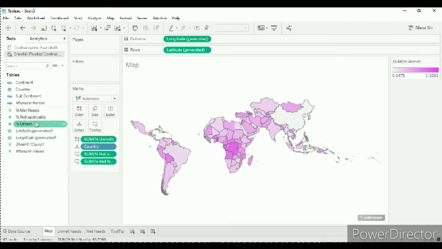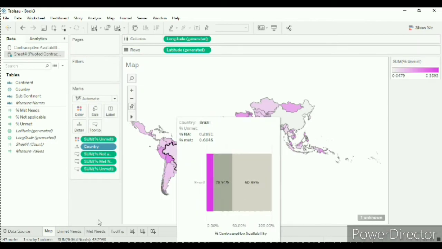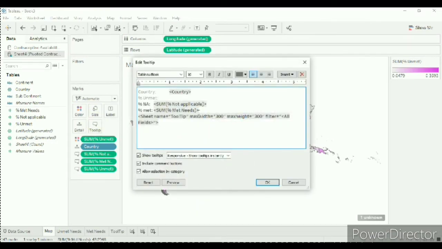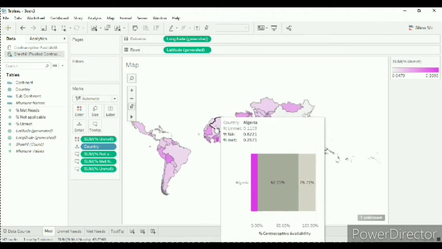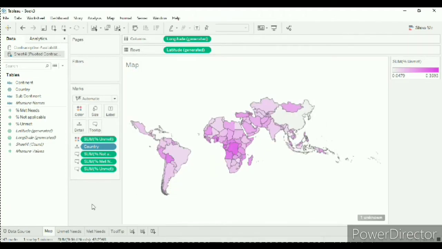Okay, so now drag unmet needs to the tooltip. Go to tooltip. Here you have to put sum of percent unmet. You can now see data and viz in tooltip both.